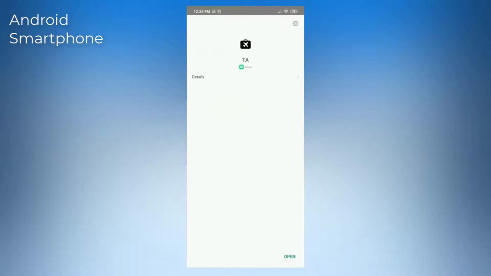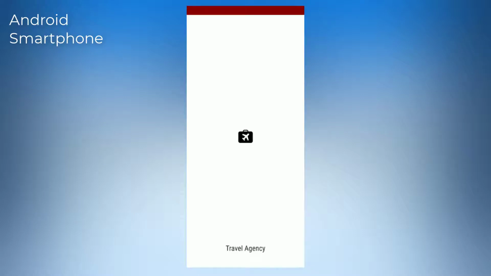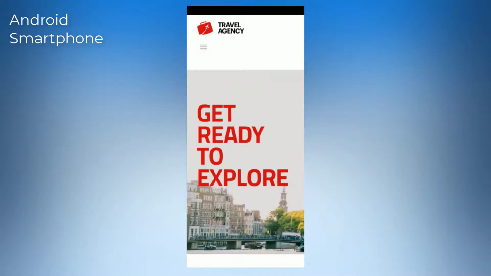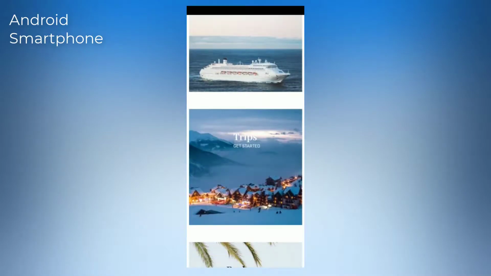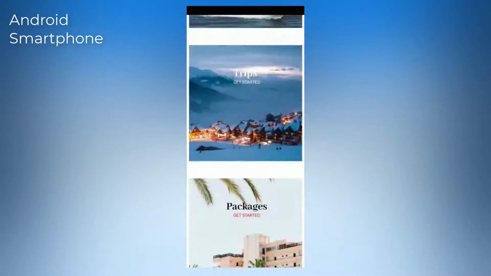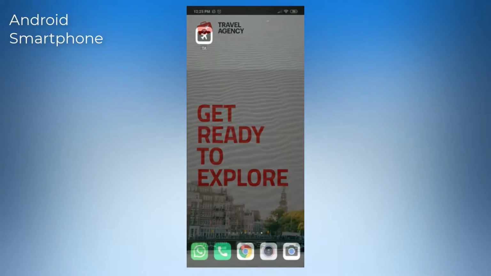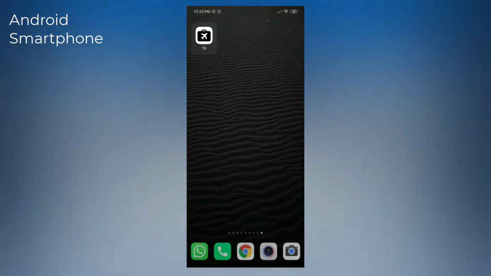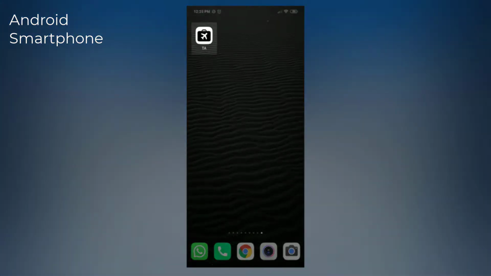On the application loading screen, we can already see several configurations that we made from Genexus. Background color, theme color, icon image entered, and name. Once we enter, we'll be able to navigate and use its functions in the same way as any other application. On the main screen, we see that a shortcut icon was generated with the name and image that we configured. From there, we'll access the application.